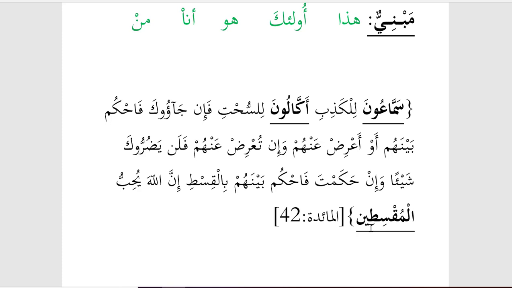What happens is that each haraka has a sister letter, a letter that goes with it to help it elongate. For fatha, that elongation letter is an alif. For dhamma, that elongation letter is a waw. And for kasra, that elongation letter is a ya. So you'll notice that when we said akkalun, there was a dhamma on the last letter. And when we made it plural, we made it plural with the waw. Why did we use a waw? Because of the dhamma. Okay?